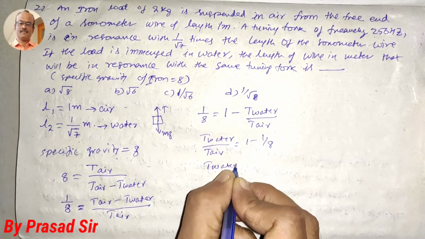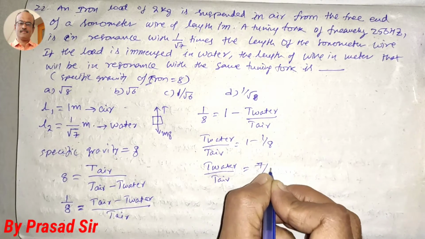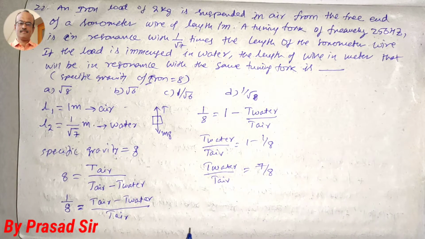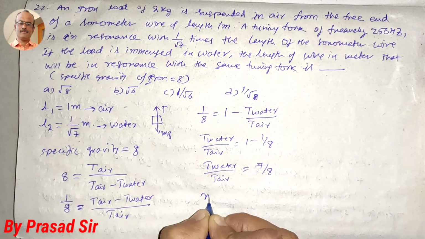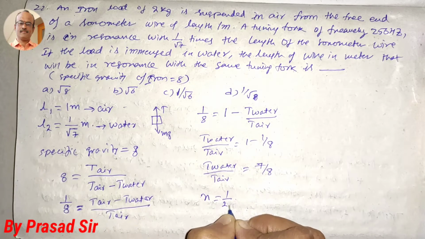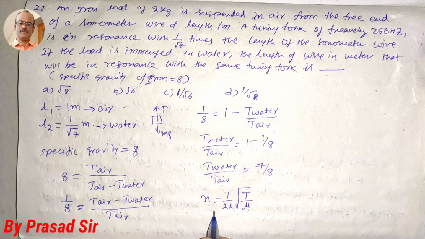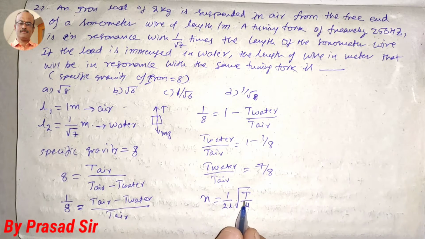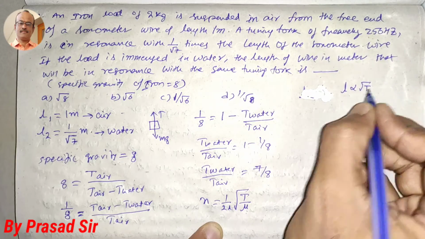Simply, T water divided by T air is equal to 7 by 8. But actually we know the frequency formula: n is equal to 1 by 2L times root over T by mu. But here length is inversely proportional to the root of tension,